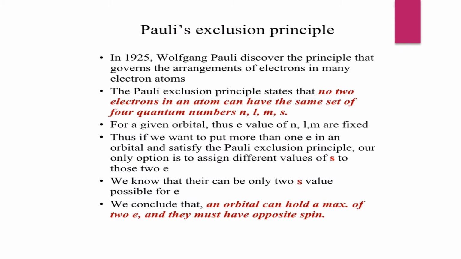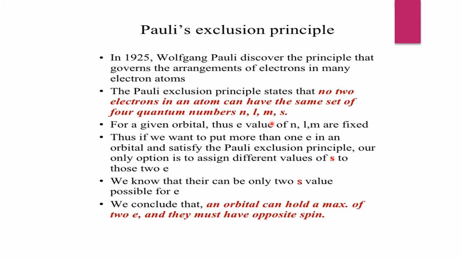So, if we go in detail of Pauli's exclusion principle, Wolfgang Pauli discovered the principle that governs the arrangement of electrons in many electron atoms. In the year 1925, he discovered this principle which helped to govern the arrangement of electrons in many atoms. This principle states that no 2 electrons in an atom can have the same set of 4 quantum numbers n,